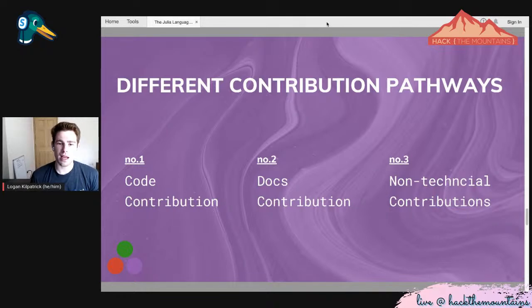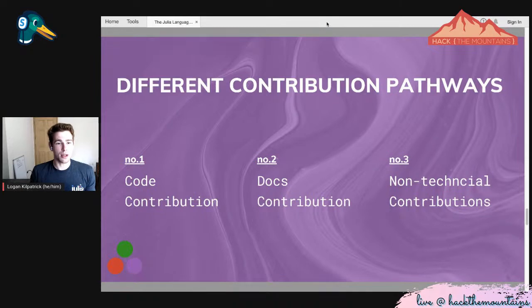So something to keep in mind when you're looking at something like this and saying, okay, I see all these different options, how can I make my contribution? For a lot of folks, it flows from the right-hand side of the screen to the left, where you start off with non-technical contributions, make some videos, perhaps write a blog post, just talk about it with your friends, and then go and make a documentation contribution, and then perhaps code as well.